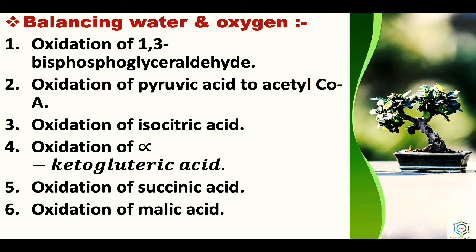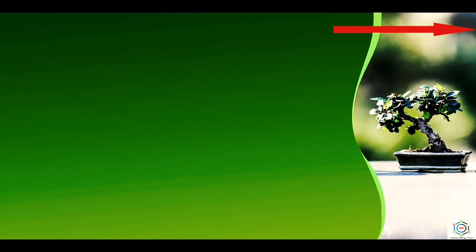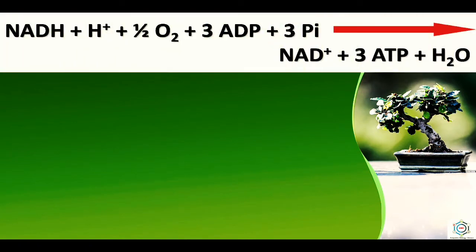So the glucose molecule therefore involves 6 into 2, that means 12 oxidative steps, and each oxidative step donates a pair of hydrogen ions and a pair of electrons, which is accepted by the coenzyme NAD or FAD. The reduced NAD or FAD transfer their electrons and protons to molecular oxygen through the respiratory chain.